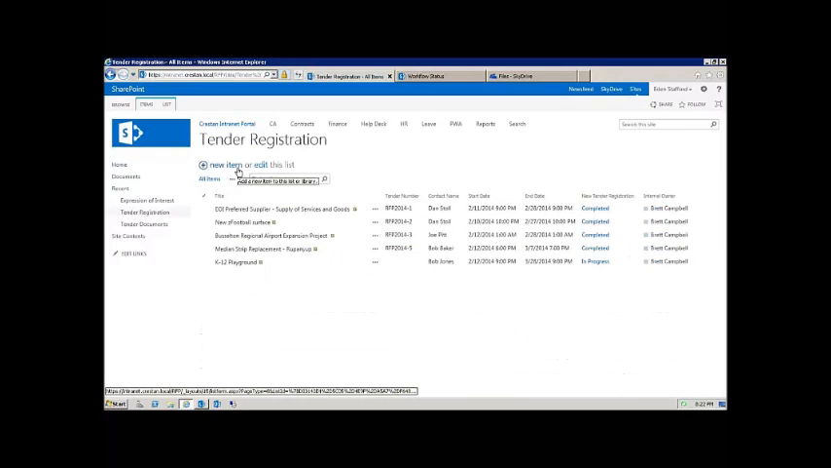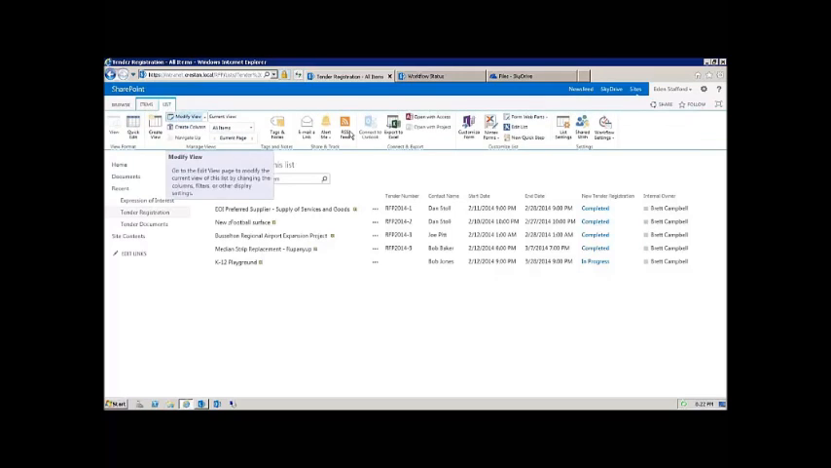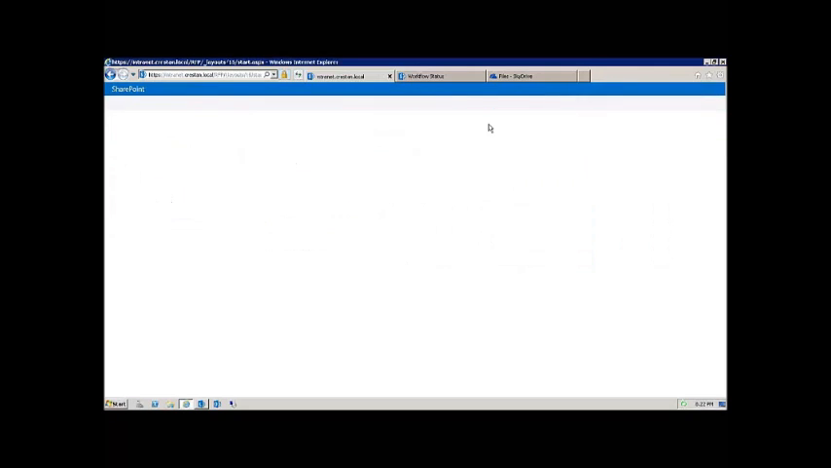creating this particular form. So into the tender registration, as I showed you before, when I click on new item, I get a new form, a new Nintex form, sorry. And the way I did that was going over into the ribbon here, clicking on Nintex Forms, opening this up,